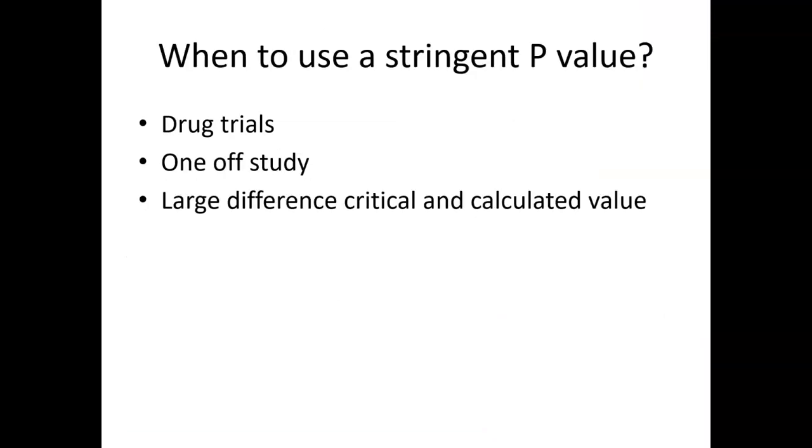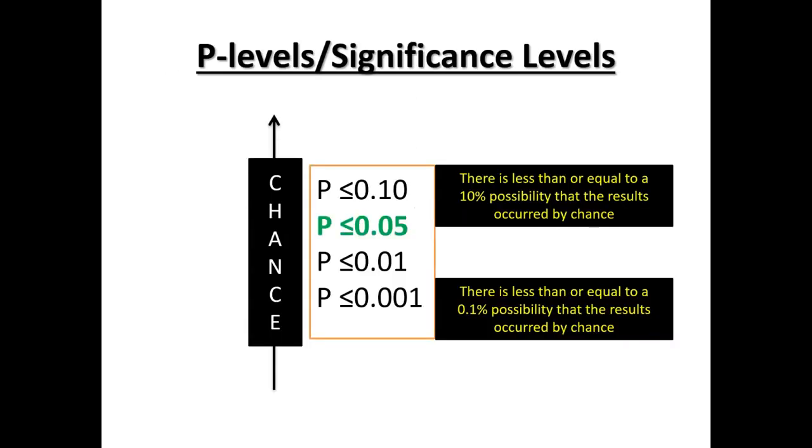So when to use stringent p-values? Drug trials, one-off studies, large difference, critical and calculated values. Now here, what it's saying is that we use stringent p-values when we have to be adamant, or we have to be incredibly sure that our data was or is purely down to what we're measuring, and that there is only a 1% chance that, again, it could not be what we're ascribing the reason to be. Okay,